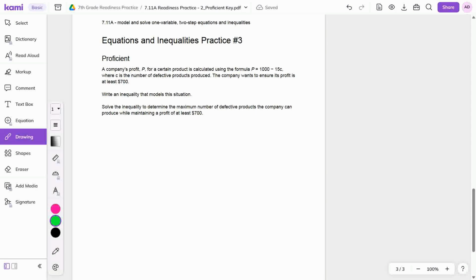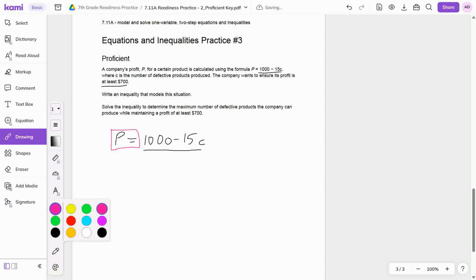And then finally, on number 3, we've got a profit equation here: $1,000 minus 15C. Now, the company wants to ensure profit is at least 700. So how do we turn this into an inequality? Well, we're going to keep this. That stays the same. That's part of their equation. What we're going to do is focus on this part right here. Okay? So when we say at least 700, we want to say that it is going to be,